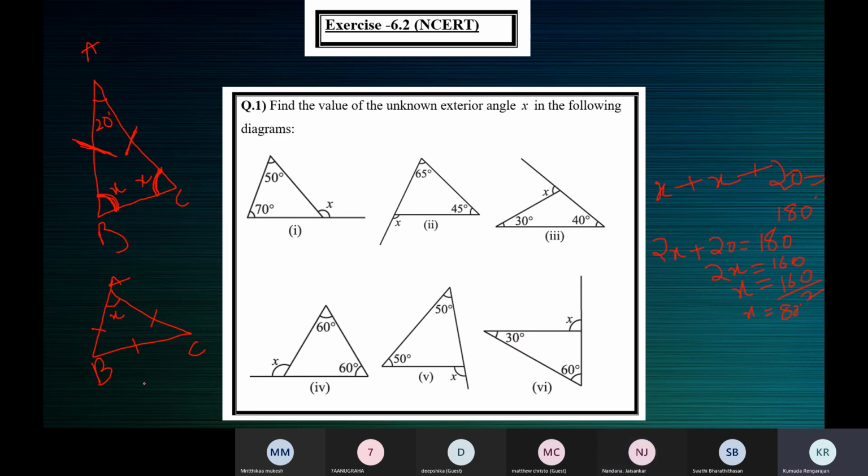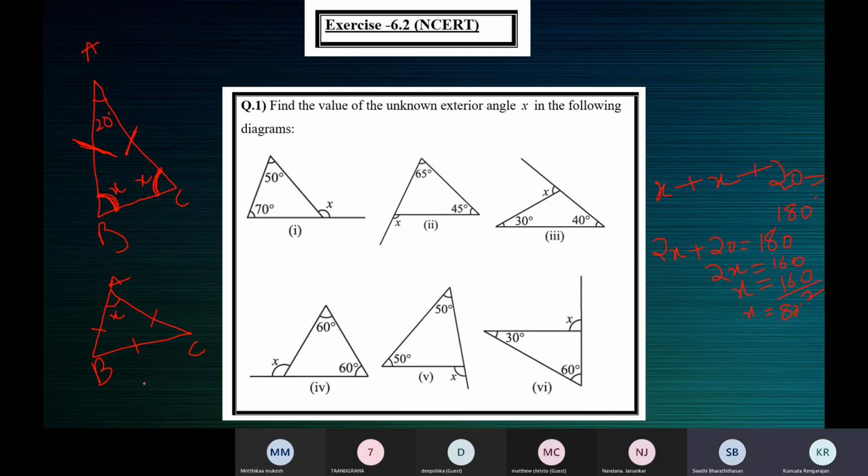Children, what kind of a triangle is it? It is an equilateral triangle, ma'am. Equilateral triangle. How do we know that? Ma'am, because three sides and three angles are equal in a triangle, ma'am. No, darling, not like that. How do you say ABC is an equilateral triangle? Because all the three sides are equal, right? Yes, ma'am. We have marked all the three sides to be equal. So we know it's an equilateral triangle. ABC is an equilateral triangle because all the three sides are equal.